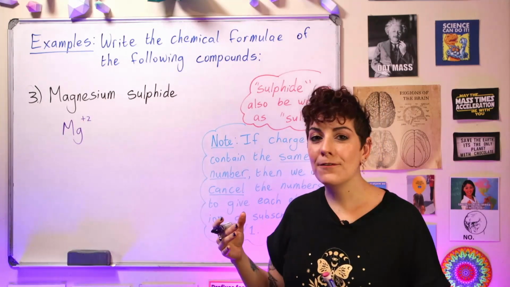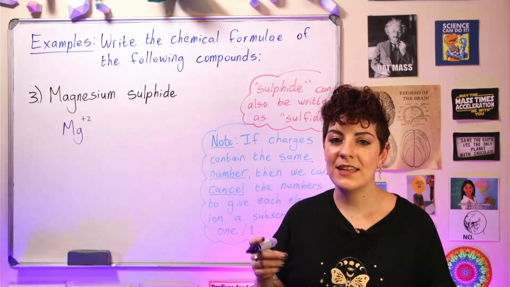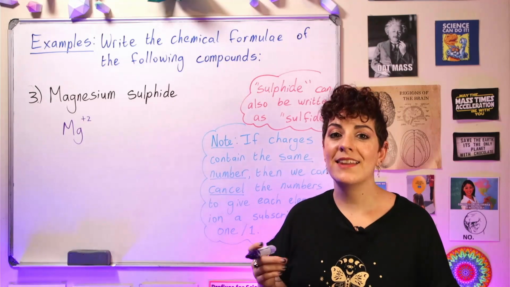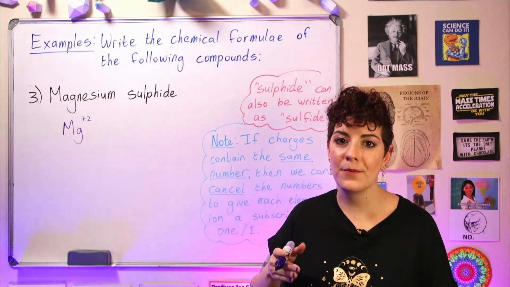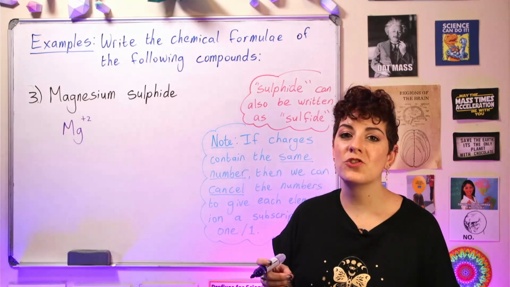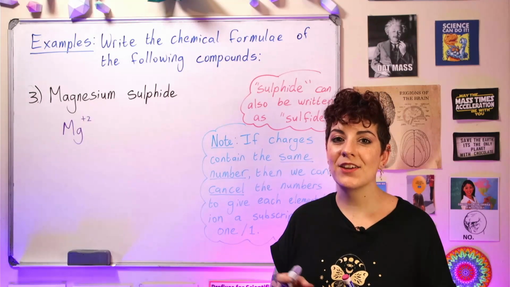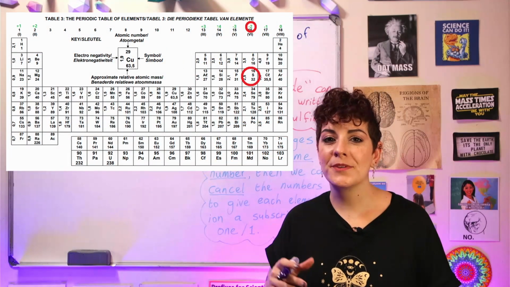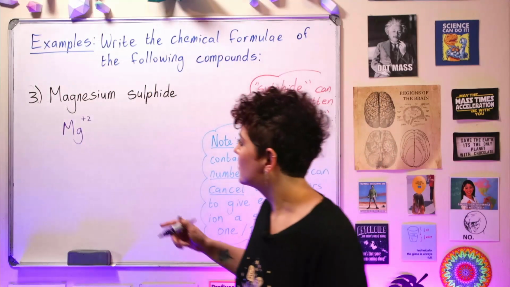Now, sulfide, the fact that the word ends in ide, I-D-E, means we are dealing with a negatively charged monoatomic ion of sulfur. The sulfur ion is known as sulfide. Now, sulfur is in group 6 of the periodic table, and group 6 elements have a charge or valency of -2. So we are dealing with